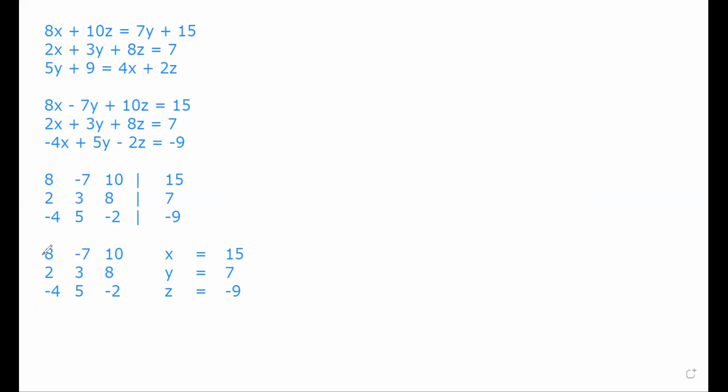Okay, is that clear now? This is one matrix. This is another matrix. This is the another matrix. So is it clear now? Quickly tell me. So from this one, I have created this one. From this one, I have created this one. From this one, I have created this one. Okay, now let's see the next step.